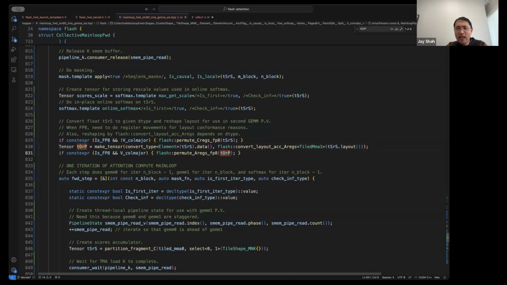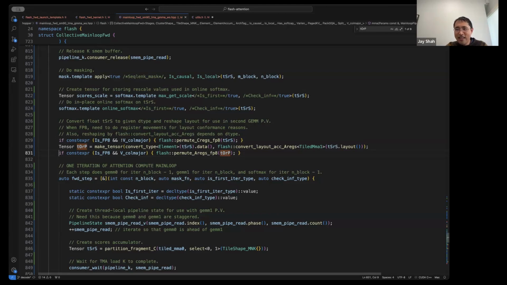You have a few basic principles that cut down on the space of things you have to evaluate. One being you don't want to use many stages. You want to use 2 in this attention main loop. That reduces the amount of things you have to think about. You want to use 2 stages both for the SMEM buffer and for the potential overlapping in terms of the extra register buffer. And at that point, you don't really have many possibilities.